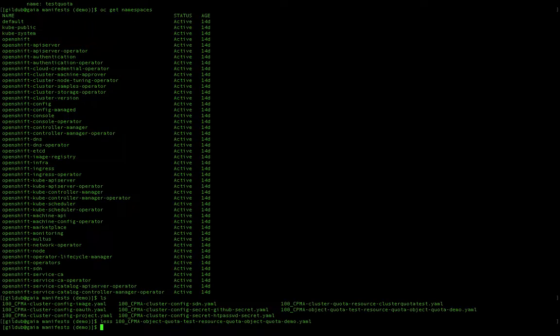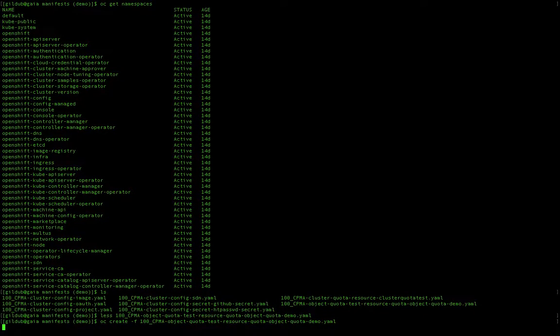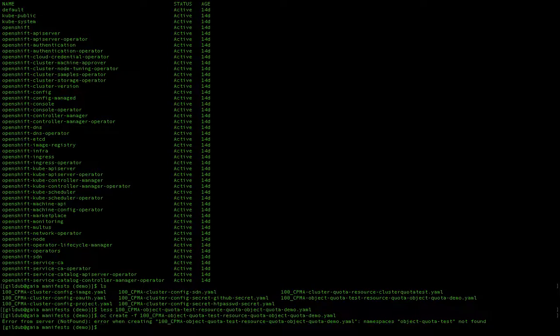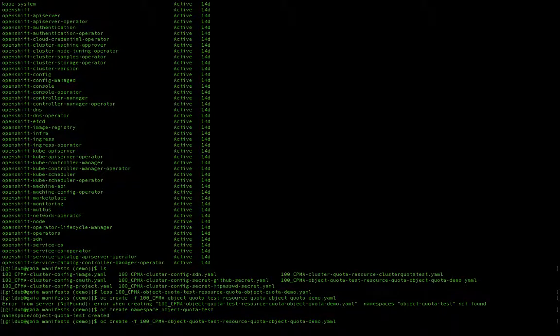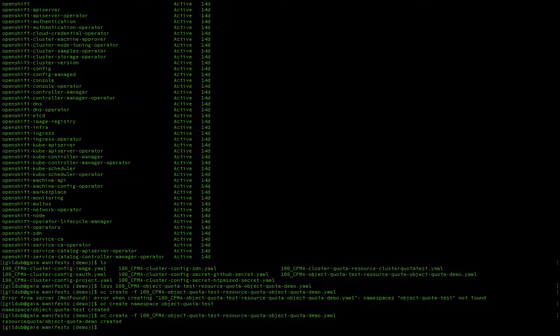If we try to run that, the namespace object quota test doesn't exist, which is fine. We just need to create it. We can do that on the command line. And object quota test. Okay, now we can run it, and it has been created. So if we swap to that namespace,